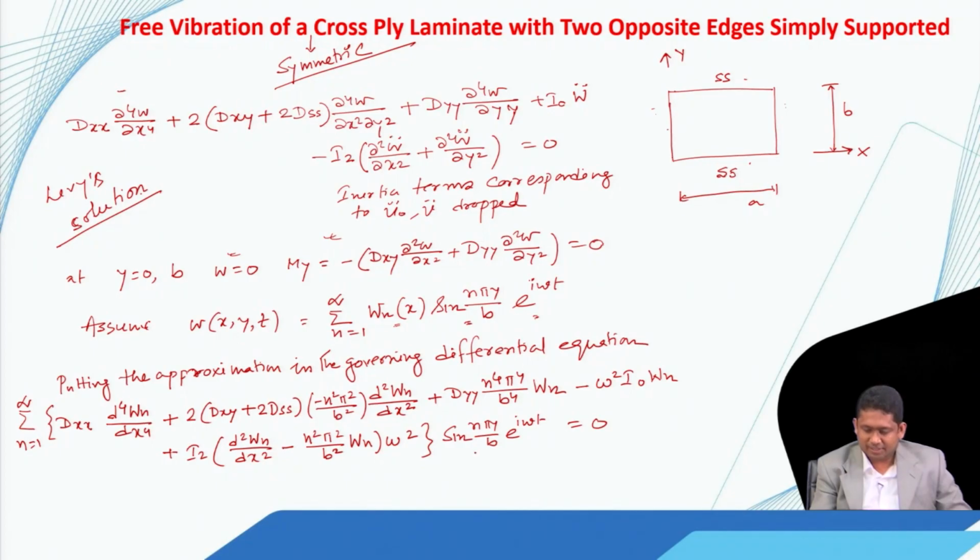Now we know that this cannot be 0, so whatever we have inside this second bracket has to be 0. So now we can write this as, for each n